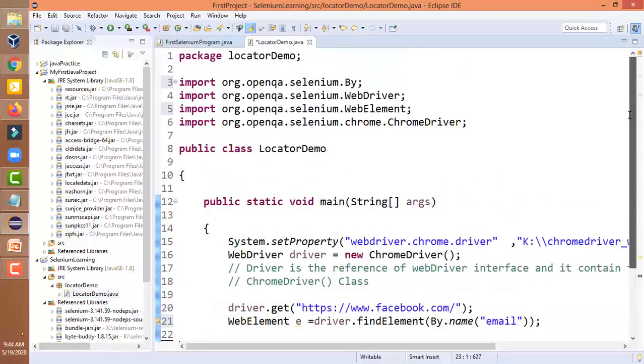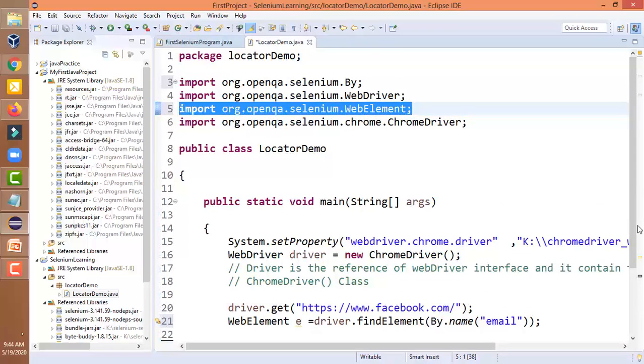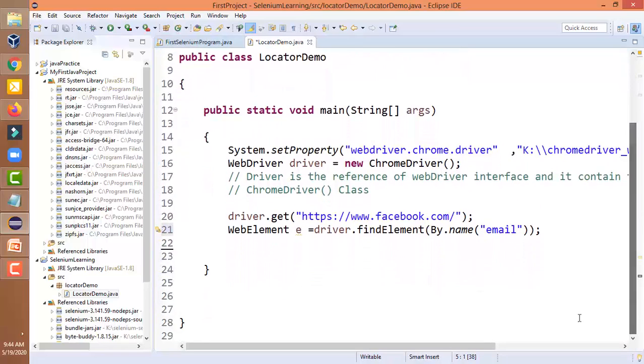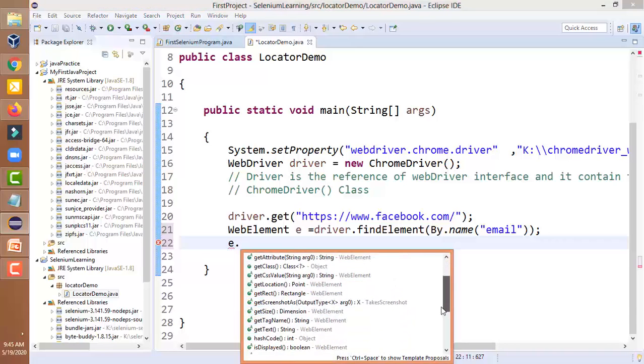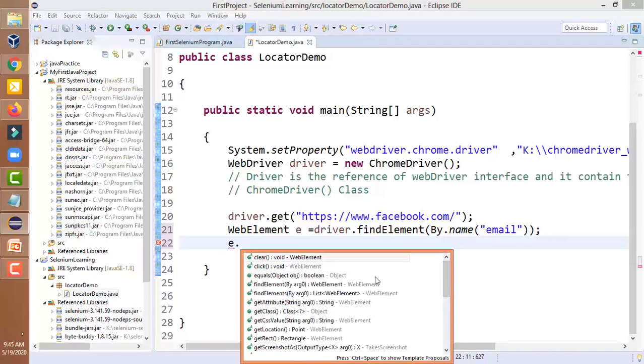Now we have to import this class to use the web element. So it is a reference of the web element E, and with the help of this web element reference we can use a number of methods. We can click on this element, or we can use send keys.